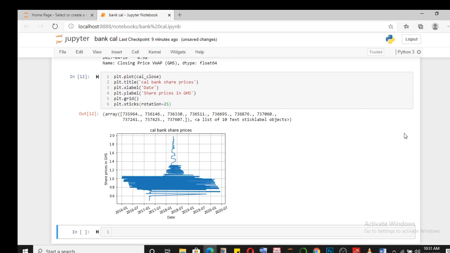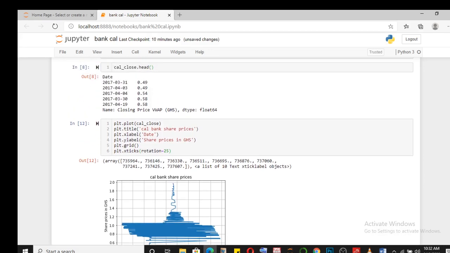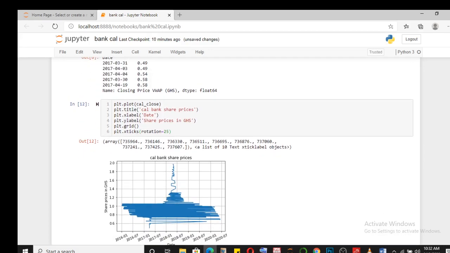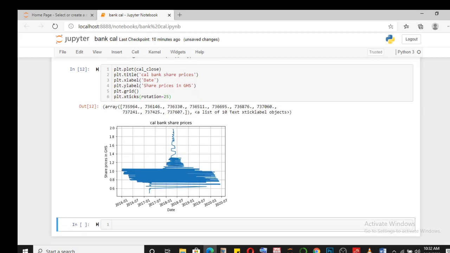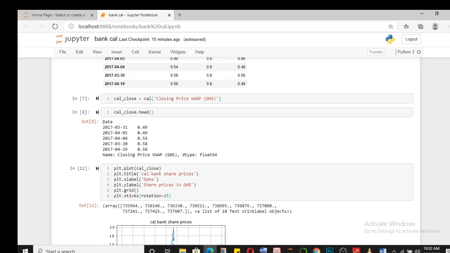So that's cool. Now, one thing I talked about, the fact that this graph does not depict the price movement of our stocks. You see that it moves in an order that we don't expect any stock price to move in. It doesn't even depict the movement of a stock price. It is more like a histogram that is in a special order. So you will see that it is the date that has not been sorted well that has caused this. So the best thing we can do right now is to go and index or to sort our dates in order. It means that dates should come accordingly,